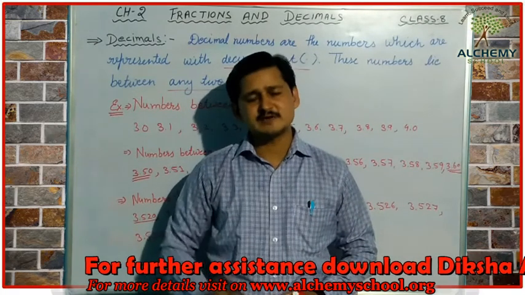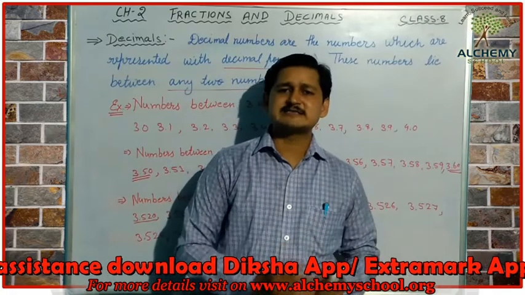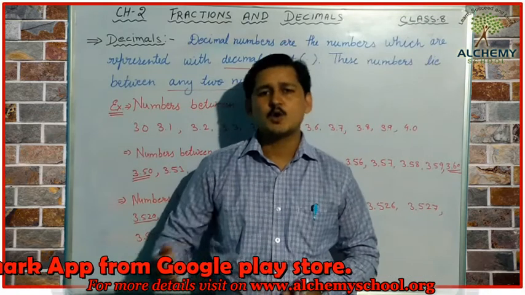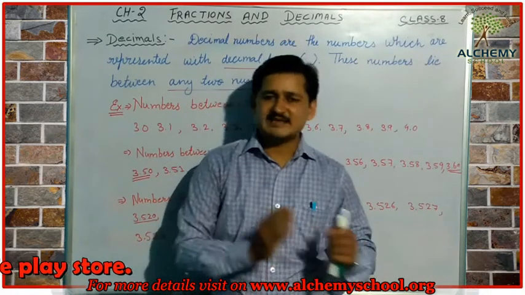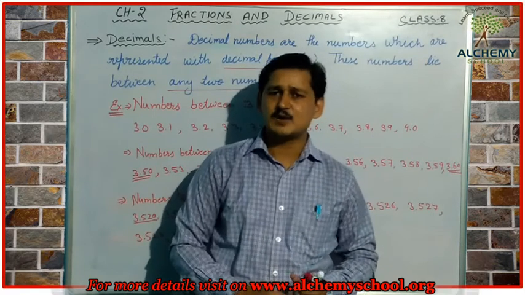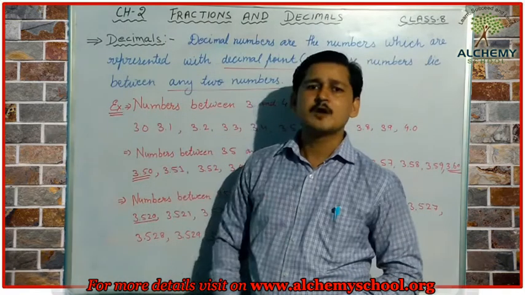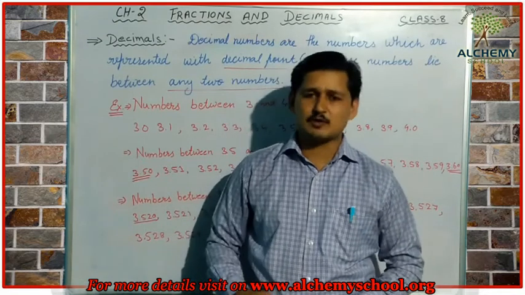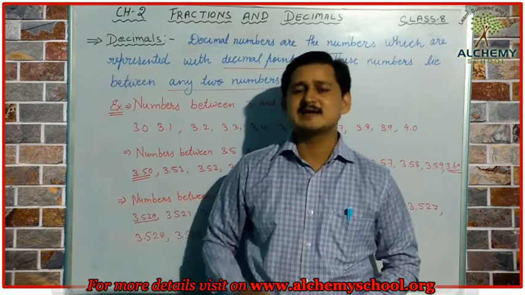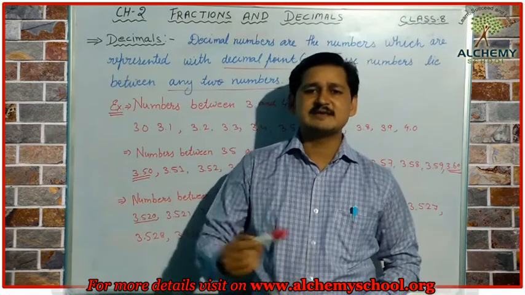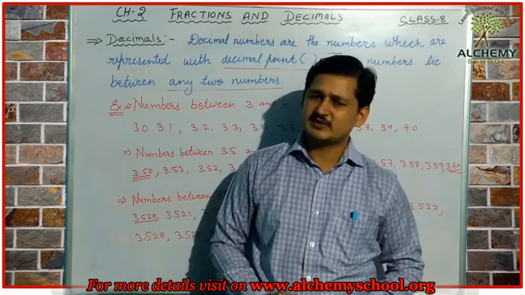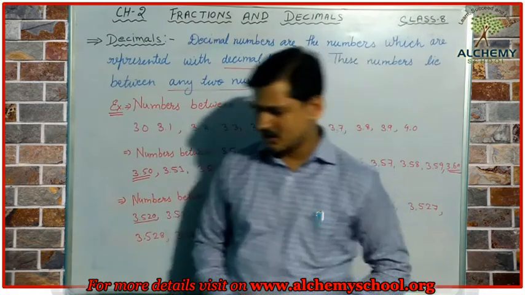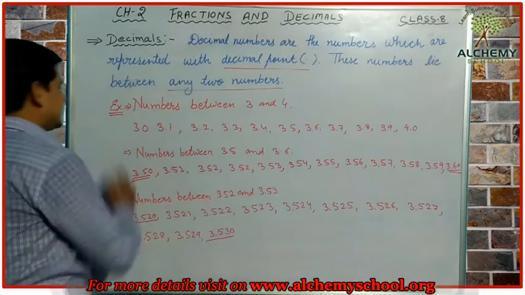So we have to understand there are countless numbers available between any two numbers, whether it is a natural number, whole number or integer, and these countless numbers are represented with the help of decimal numbers, or we can represent them with the help of fractions. So we have discussed fractions. So let's try to understand the decimal numbers that represent the numbers lying between any two given numbers, whether it is a whole number, natural number or integer. We will try to understand it by taking an example.